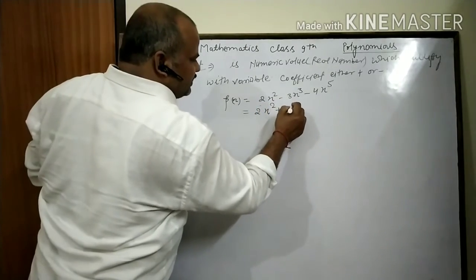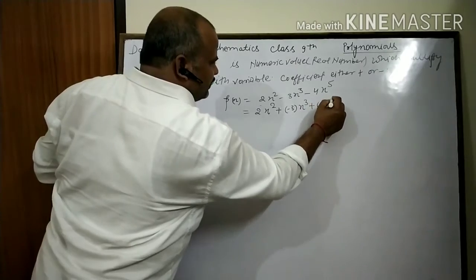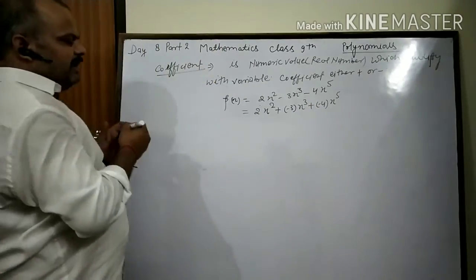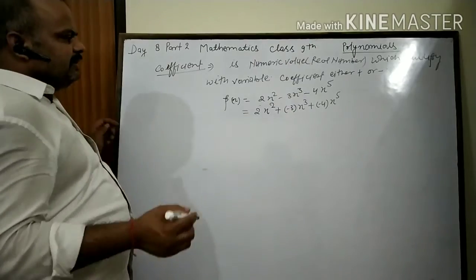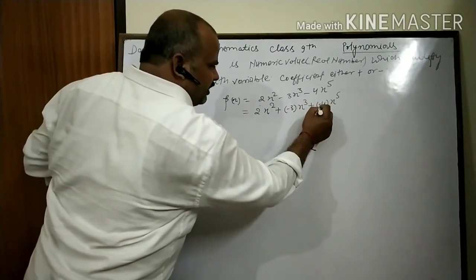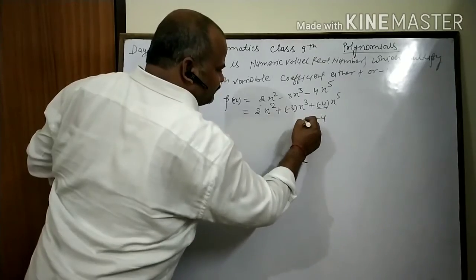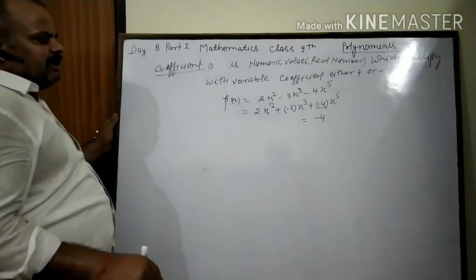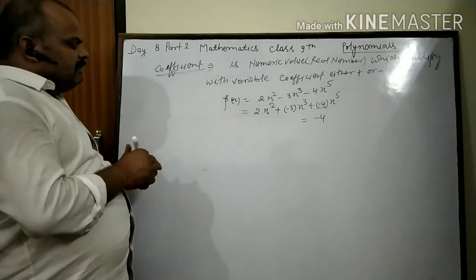Then it is plus minus 3x to the power 3 plus minus 4x to the power 5. And then you see the highest power is 5. Clear? Then the coefficient, the numeric value which multiplies with the highest power, is minus 4. Then the coefficient of this highest power is minus 4. Clear? Then after,